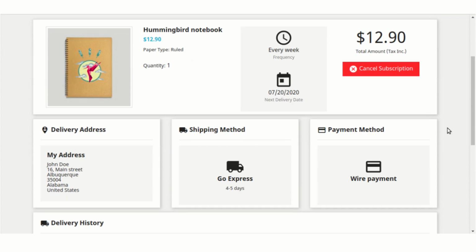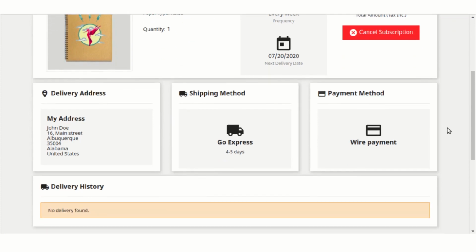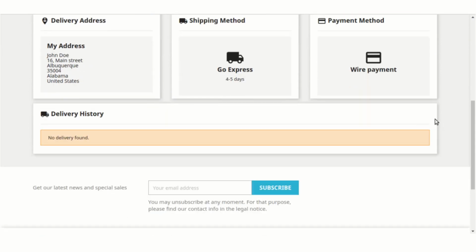There, every detail like frequency, next delivery date, shipping method, and payment method is clearly shown. The delivery history section shows the previous attempted deliveries or previous successful deliveries of the product, if any has occurred.